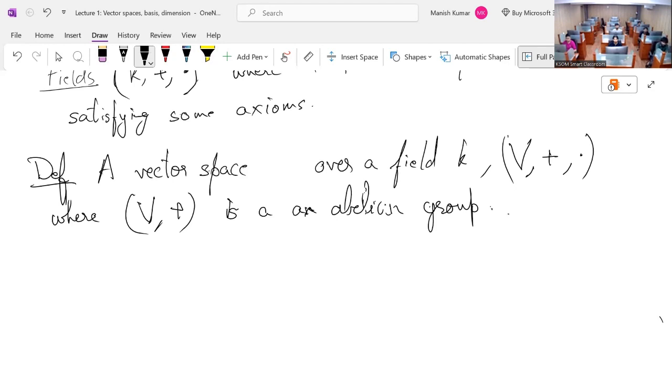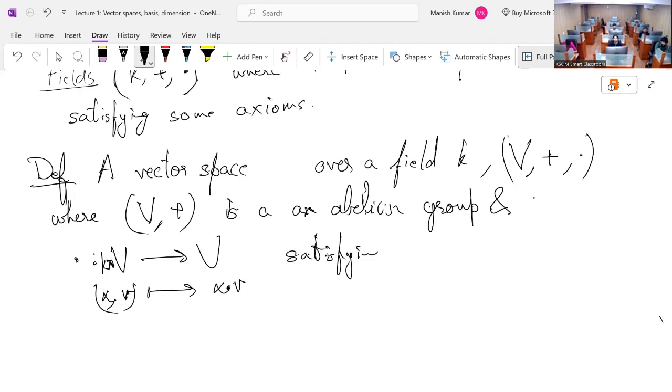And for all alpha in K, this dot is an operation from K cross V to V. So it's a function from K cross V to V, taking alpha comma v to alpha dot v, satisfying